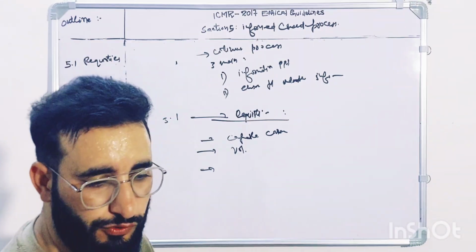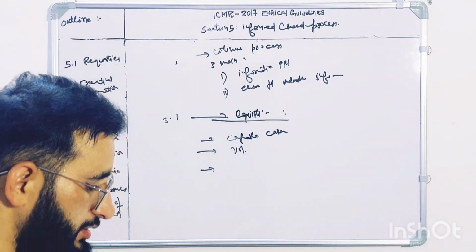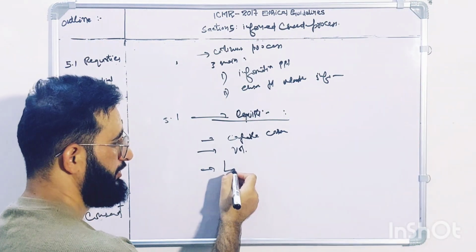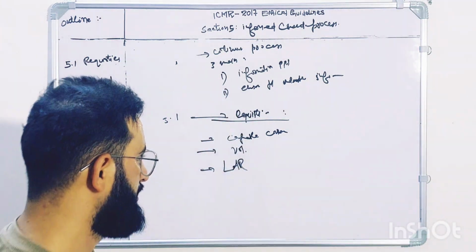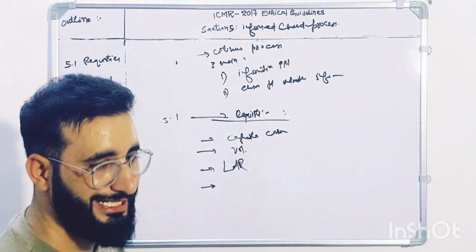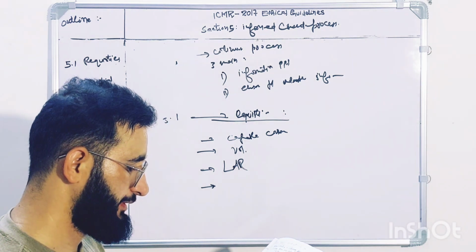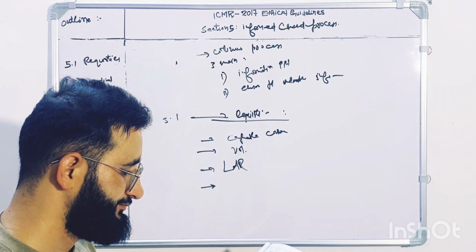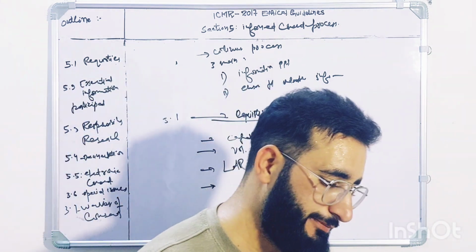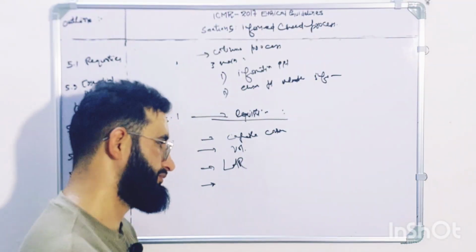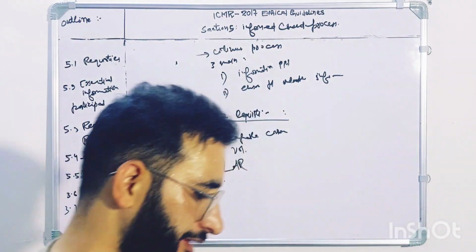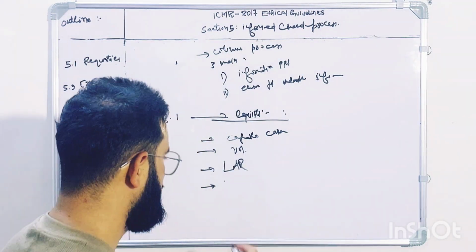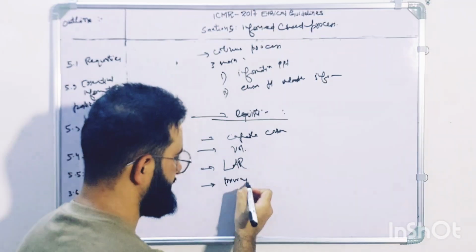There should be no kind of force. If the participant is not capable of providing voluntary consent, then consent should be taken from the LAR, the legally authorised representative. We have to take consent before initiating the research,